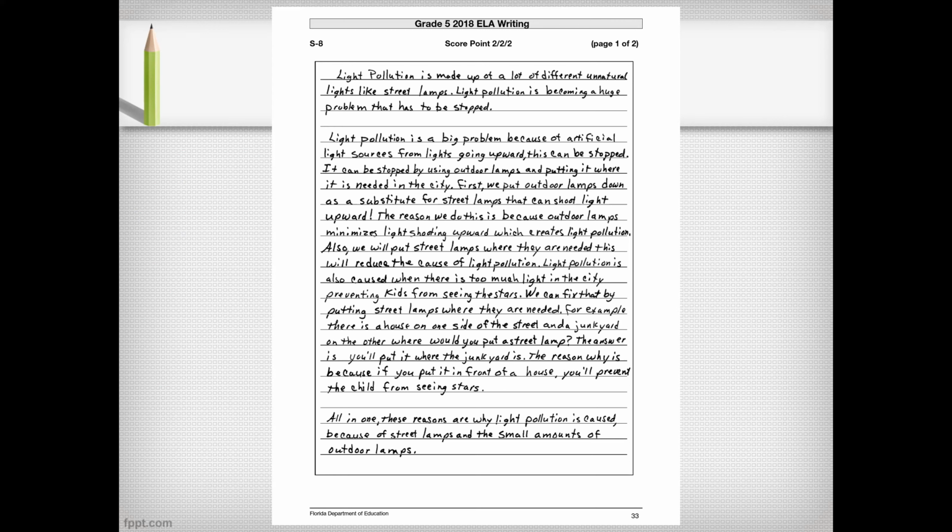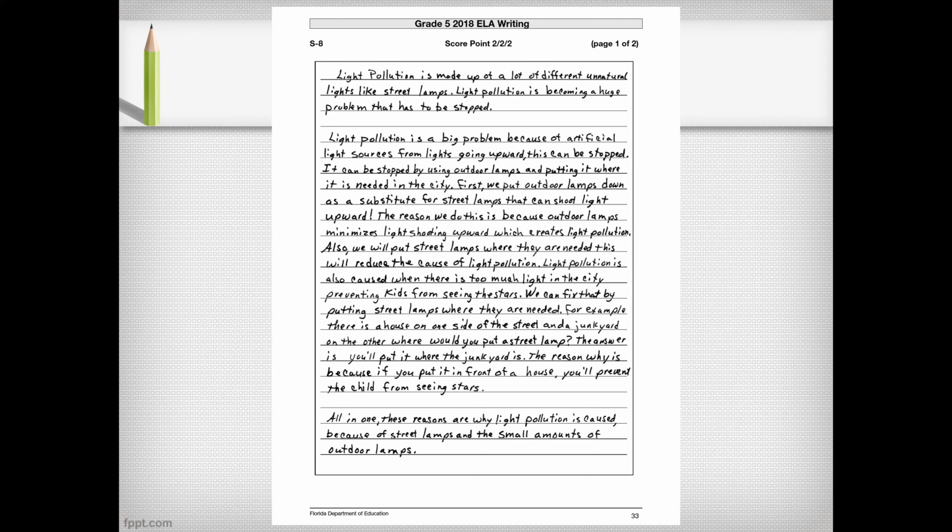For example, there is a house on one side of the street and a junkyard on the other. Where would you put the street lamp? The answer is you'll put it where the junkyard is. The reason why is because if you put it in front of a house, you'll prevent the child from seeing stars. All in one, those reasons are why light pollution is caused, because of street lamps and the small amounts